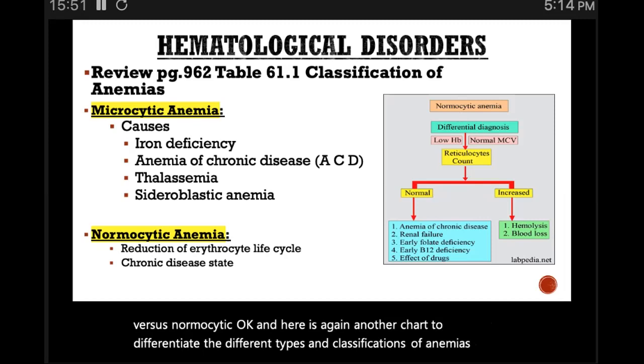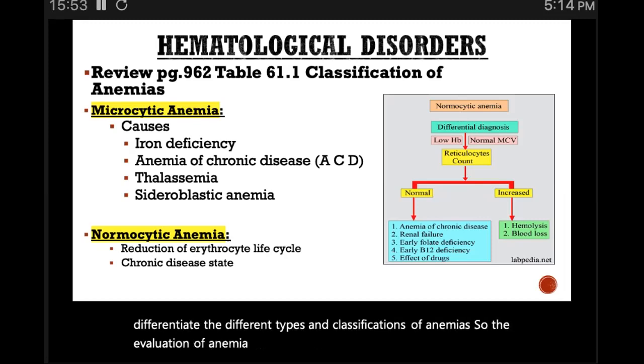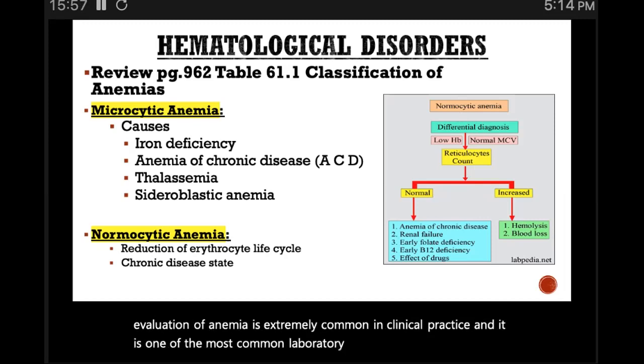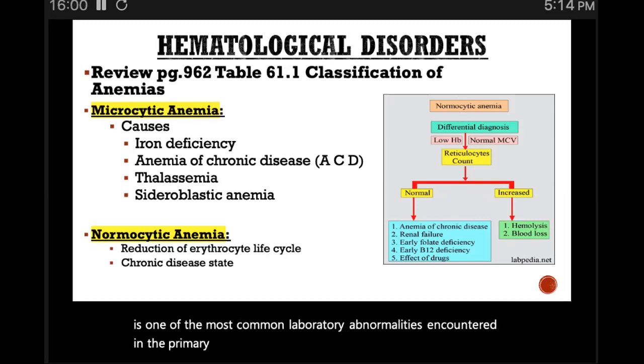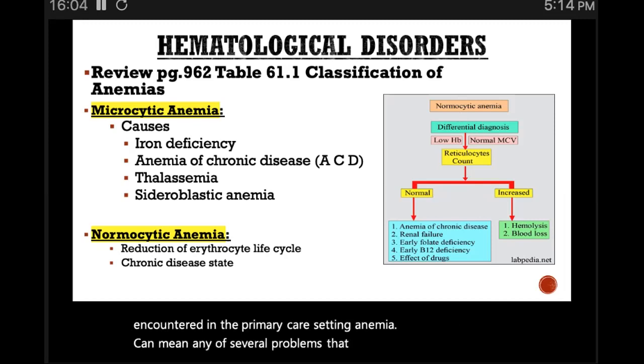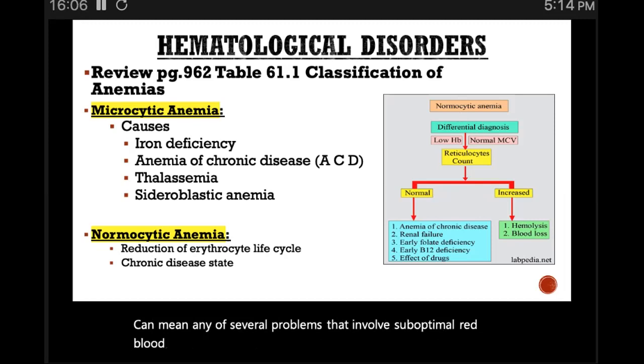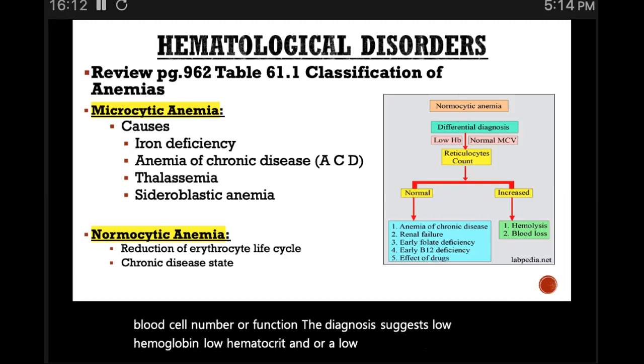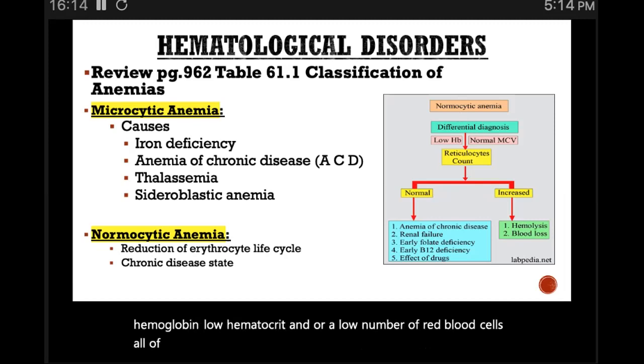So the evaluation of anemia is extremely common in clinical practice, and it is one of the most common laboratory abnormalities encountered in the primary care setting. Anemia can mean any of several problems that involve suboptimal red blood cell number or function. The diagnosis suggests low hemoglobin, low hematocrit, and or a low number of red blood cells. All of these problems involve a reduced amount of oxygen circulating in the body because red blood cells carry oxygen